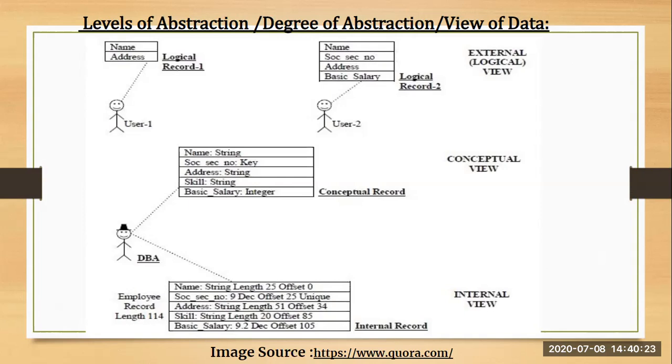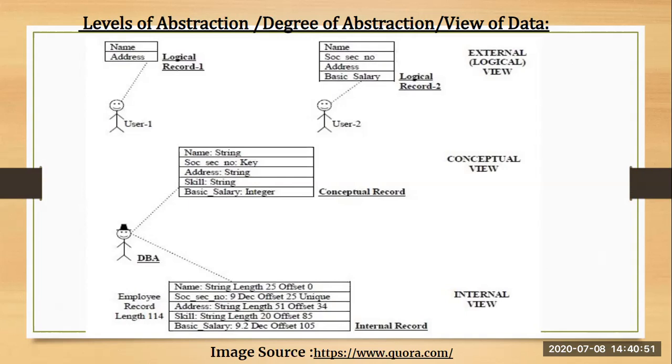Next comes your conceptual level or your logical level. When you talk about the conceptual level, it describes the structure of the whole database for a group of users. In the conceptual schema, basically we represent the entire content of the database, that is your database attributes, their values, and the relationships among them. This schema contains all the information that helps us to build external records, that is nothing but your view level.